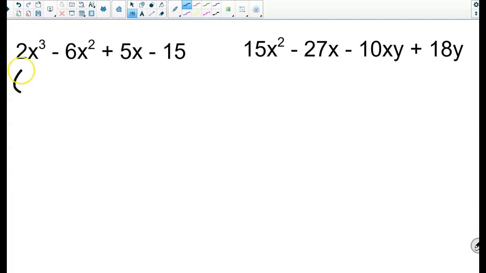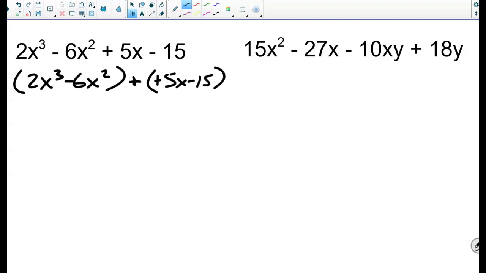All right, when we group, right away I'm putting the first two terms in parentheses, I'm putting a plus sign down, and then I'm putting the second two terms in parentheses, and I'm keeping that middle sign with my third term. My GCF here is 2x squared. You take the lowest exponent out, and you take the highest common factor out. When I take a 2x squared out of both of these, I'm left with x minus 3,